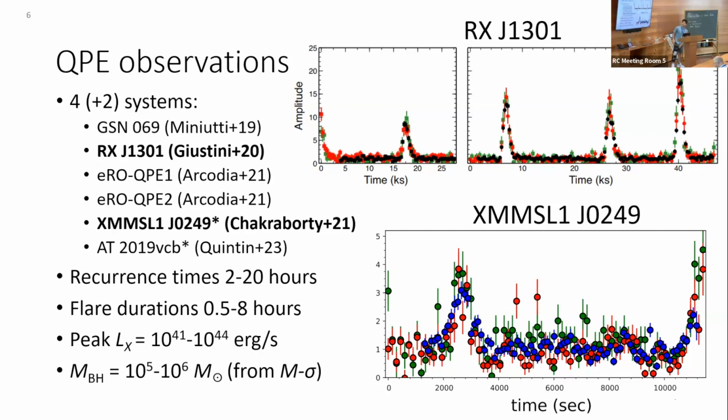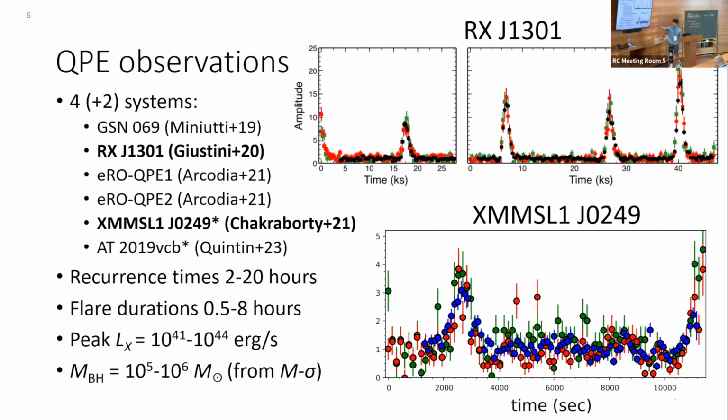So we can't really characterize very well the QPEs themselves in the system, but this source, as well as the recently published candidate that I'll tell you more about later, can point suggestively towards different scenarios for the progenitors of these events. And to talk about the relevant timescales and luminosities involved, the handful of QPEs that we now have typically recur on timescales of 2 to 20 hours and last about half an hour to,